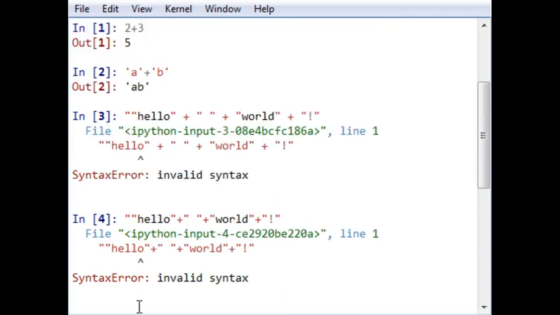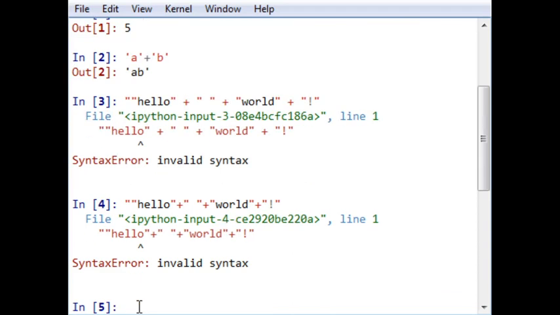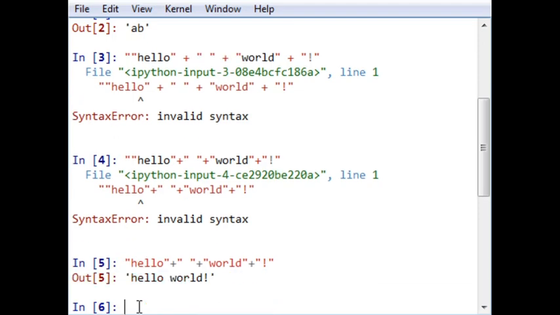Now let's check. Okay, let me write it again. Hello plus... I think here there is an error. So this is the output in the string manner.